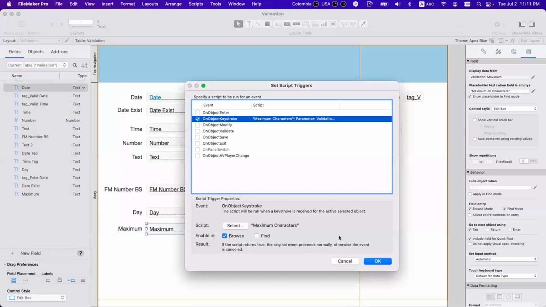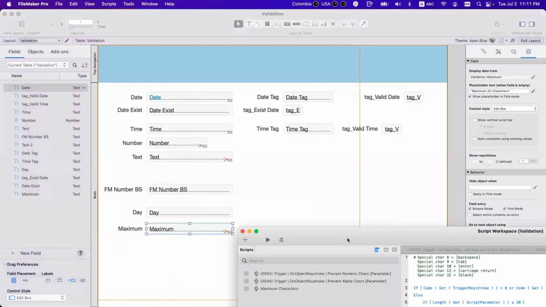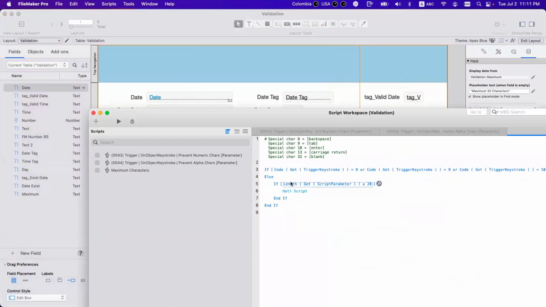And then you say, okay, if the length of the parameter is more or equal to 20, it's very important to do that. Don't do this. You need to do this. Or equal, okay? To get the 20.